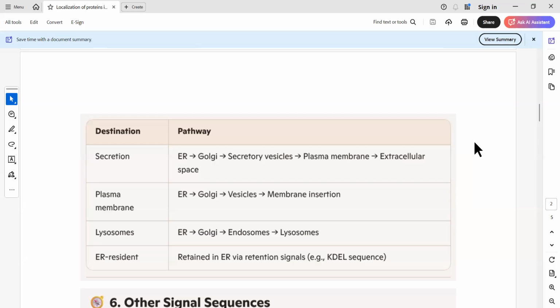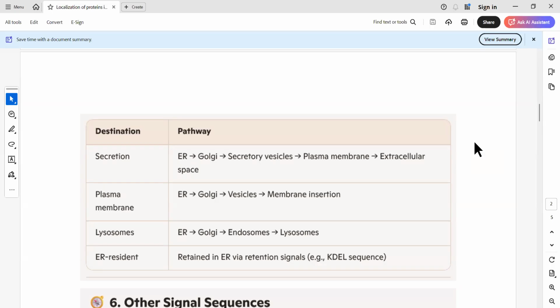The protein could also be an ER protein. For that purpose, it has a C-terminal signal, KDEL, a short signal: lysine, aspartic acid, glutamic acid, leucine. And for the transmembrane proteins of the ER, we have another signal, KKXX: lysine, lysine, and then any two amino acids.